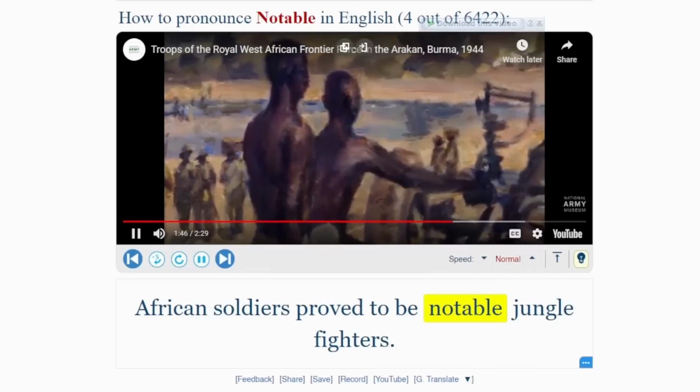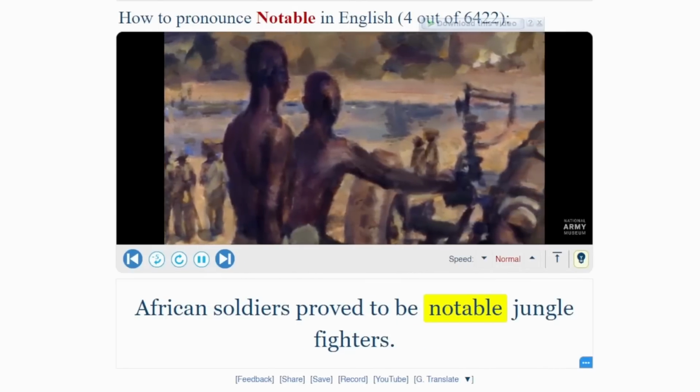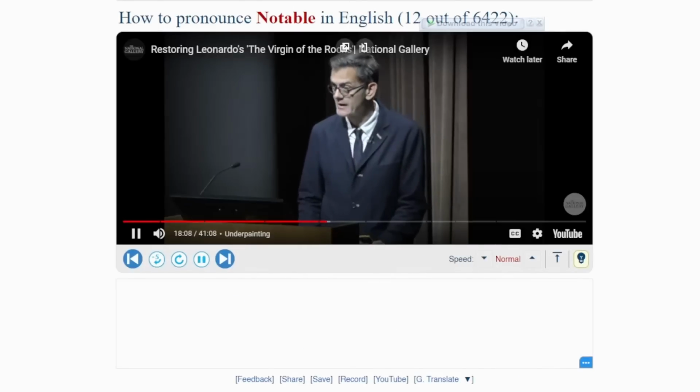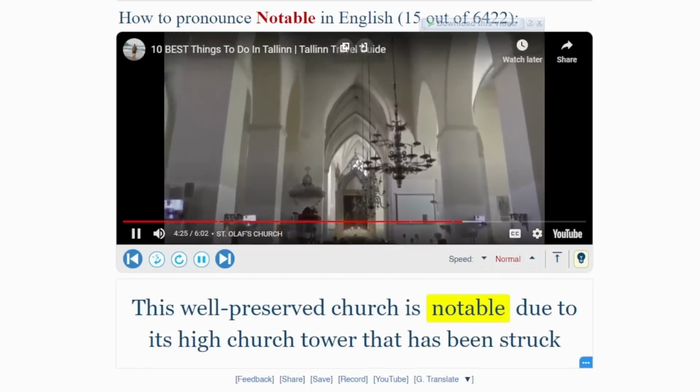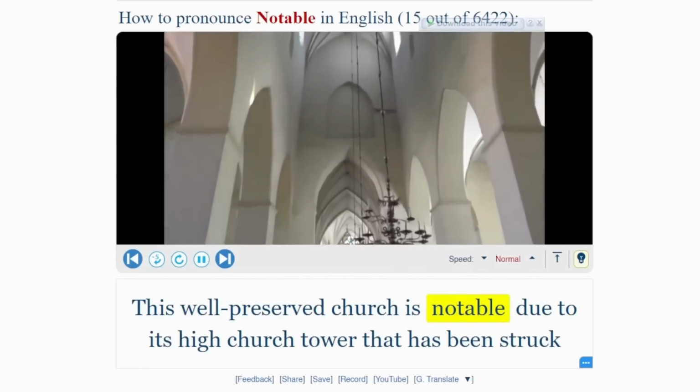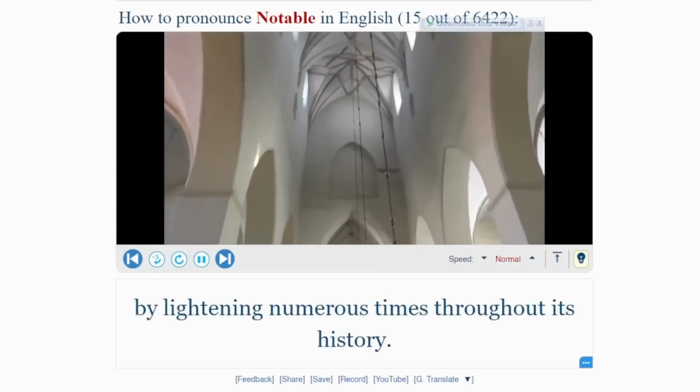African soldiers proved to be notable jungle fighters. And that's one of the more notable aspects of how we painted at this time anyway, certainly through the 1490s. This well-preserved church is notable due to its high church tower that has been struck by lightning numerous times throughout